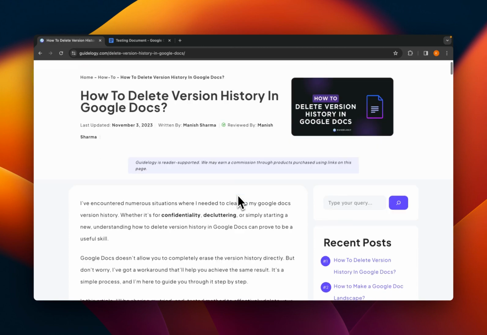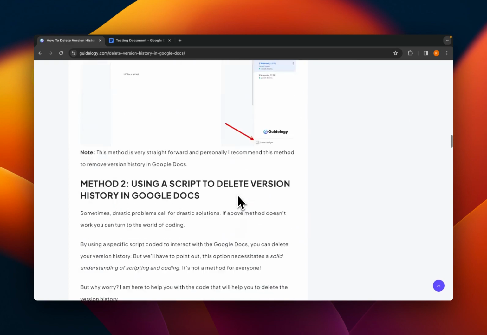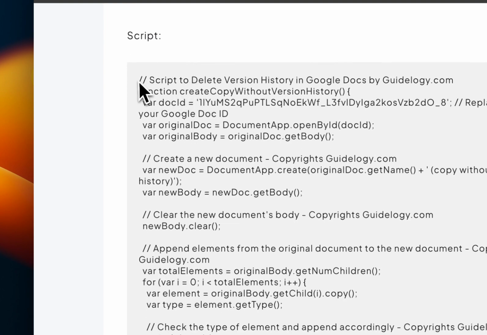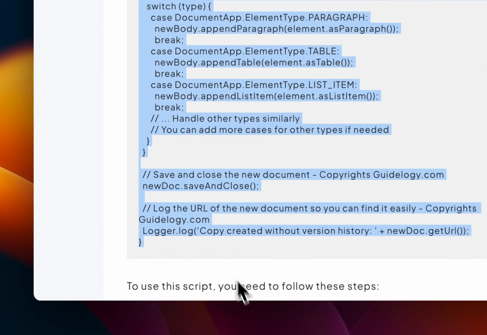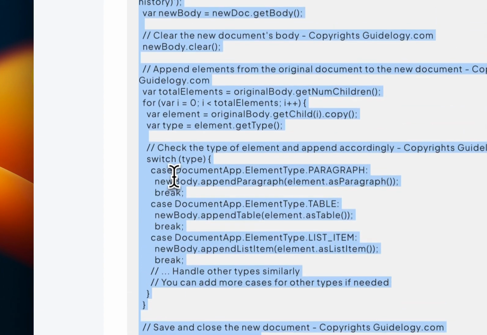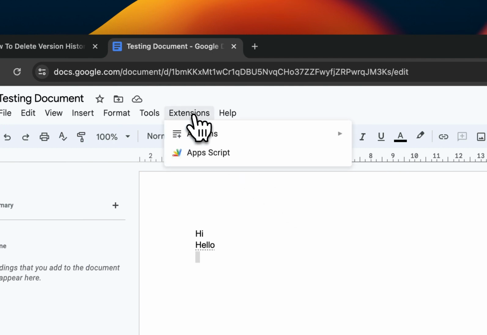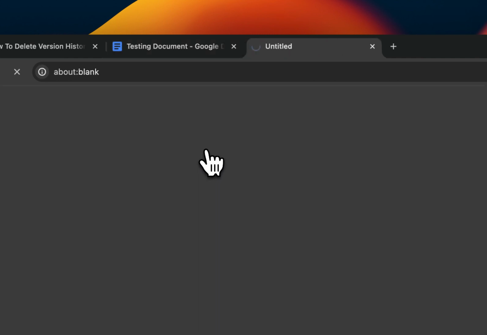You just have to come over to this blog post, scroll down a little bit, and you'll find a script over here. You just need to copy the whole script in the box and go to your desired Google Docs file. Go to Extensions, Apps Script,